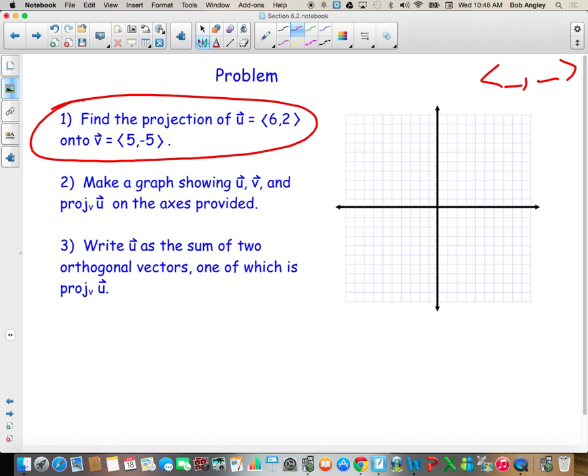I want to draw that here, and I would suggest that you draw it on yours. So that's where 6, 2 is. So we're going to draw that, and we're going to refer to this as u. All right, and then we're going to do 5, -5. All right, and this is vector v here. Okay, now,